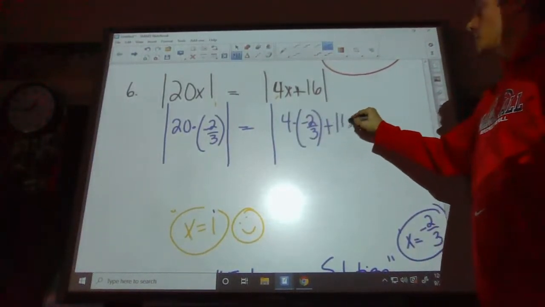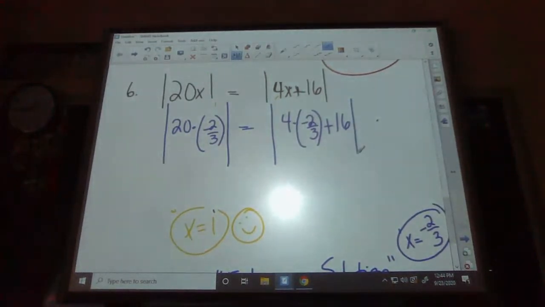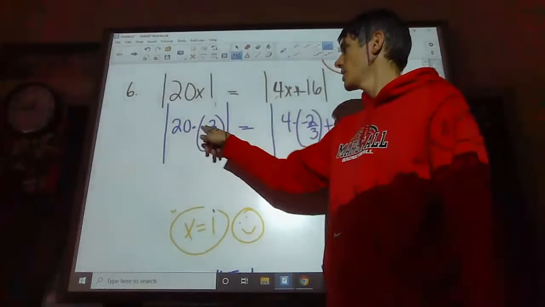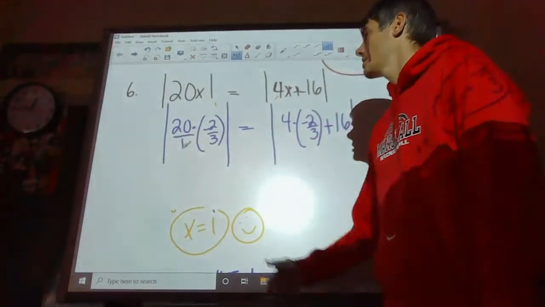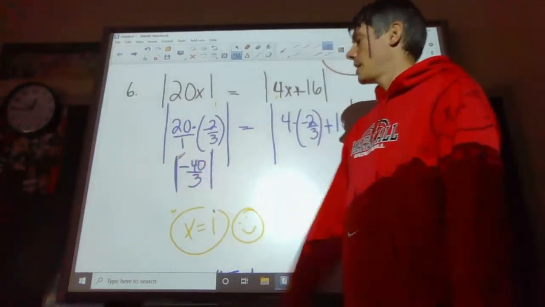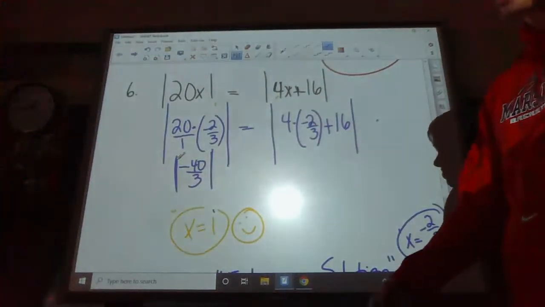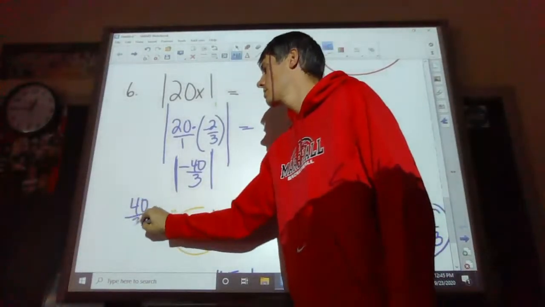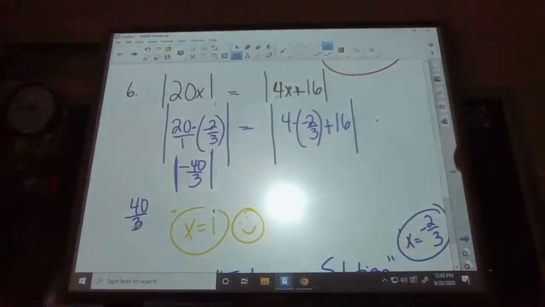Oh, sweet mercy. I need to see if this is true. That is not fun. Okay, this is going to be negative. If I put a 1 over there, that's negative 40 over 3. And then the absolute value of negative 40 over 3 is just 40 over 3, right? So my answer over here is this, and that is